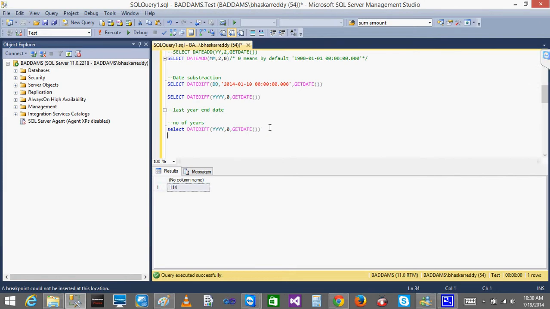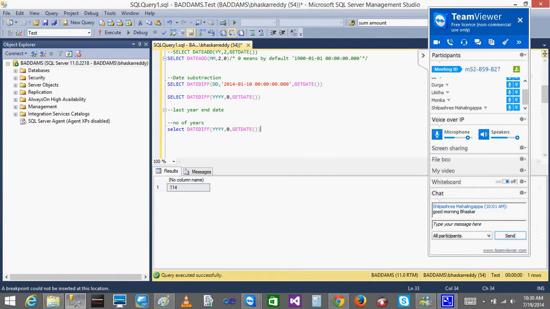Yes, we can hear you, Bhaskar, but that pop-up box is still there. Can you see my screen now? I can see your screen, but that pop-up box is blocking it. I'm not getting any pop-up. Shilpa, you didn't disconnect last time. So disconnect and just connect back.